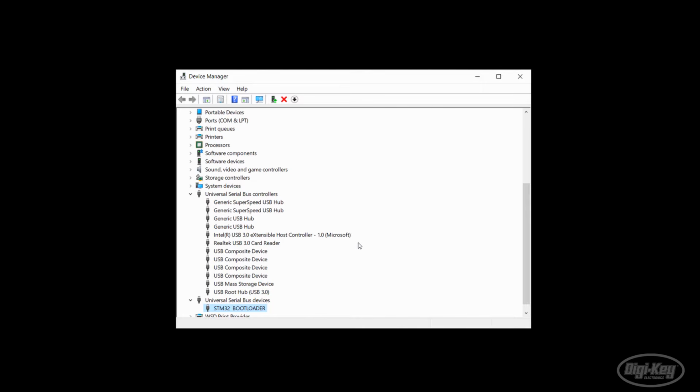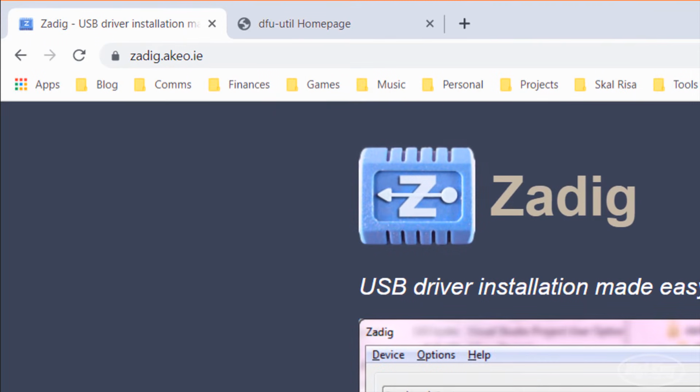But if not, you'll want to go into Device Manager and figure out the name of the attached USB device. Mine shows STM32 bootloader because the driver is working, but yours might show an error or unknown device when you switched the STM32 to bootloader mode. If that's the case, you'll want to go to